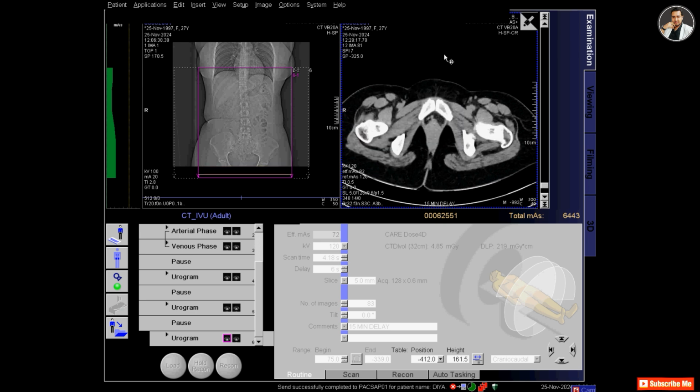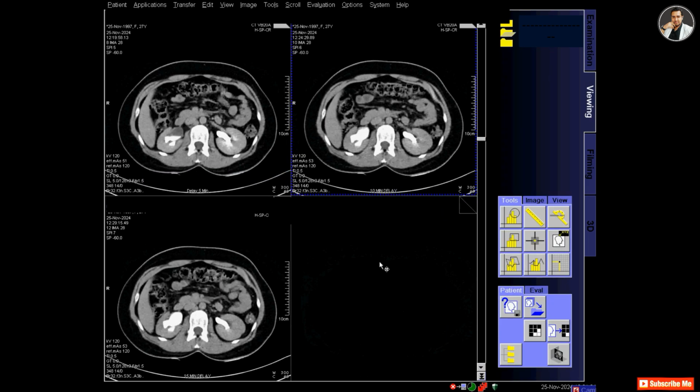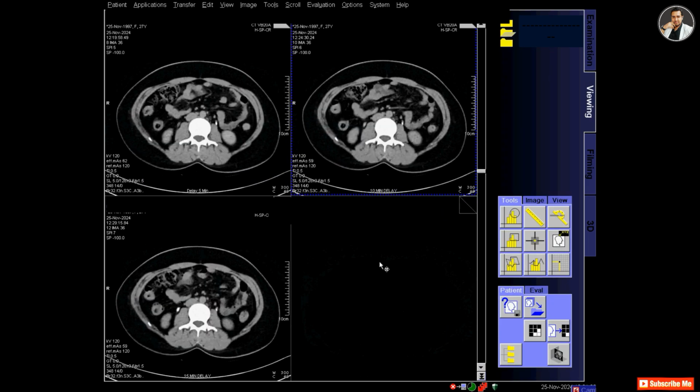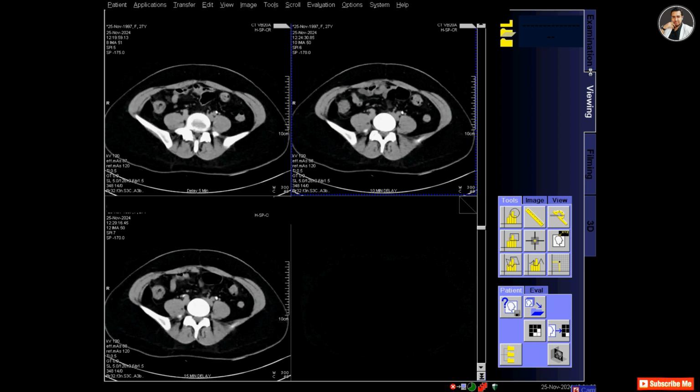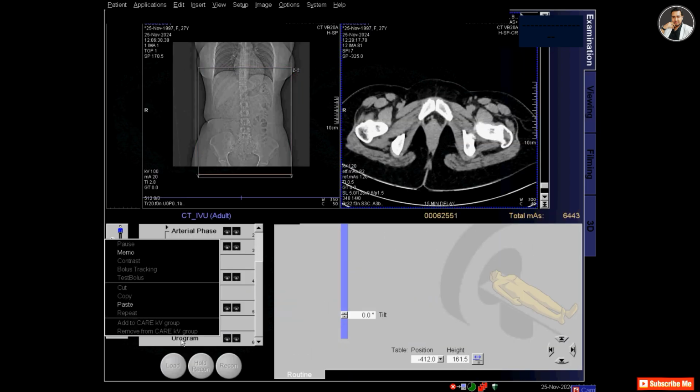So let's see how I can visualize the ureter in 3D. I'm checking all the excretory phase scans at 5 minutes, 10 minutes and 15 minutes.